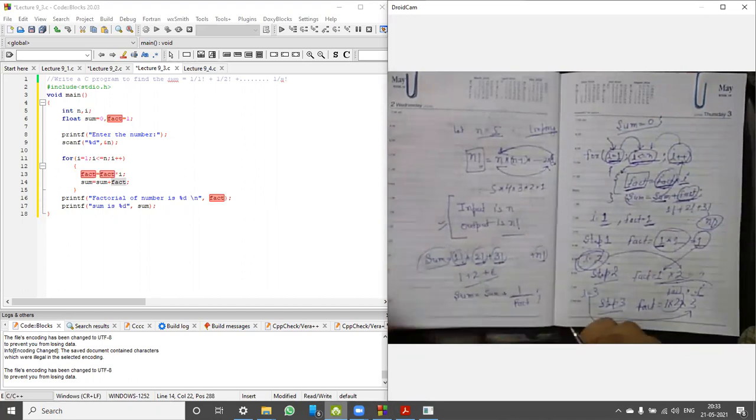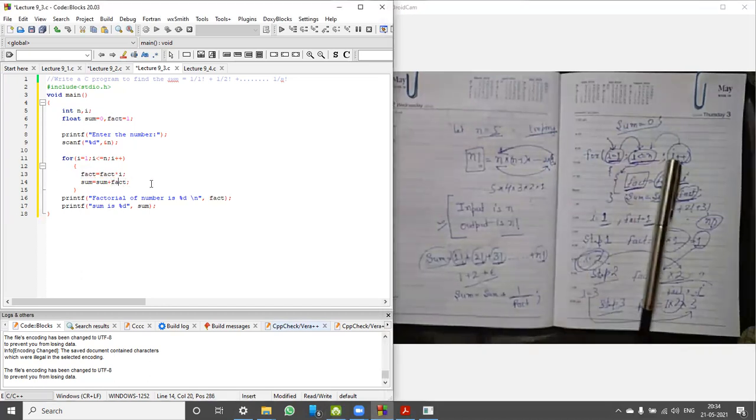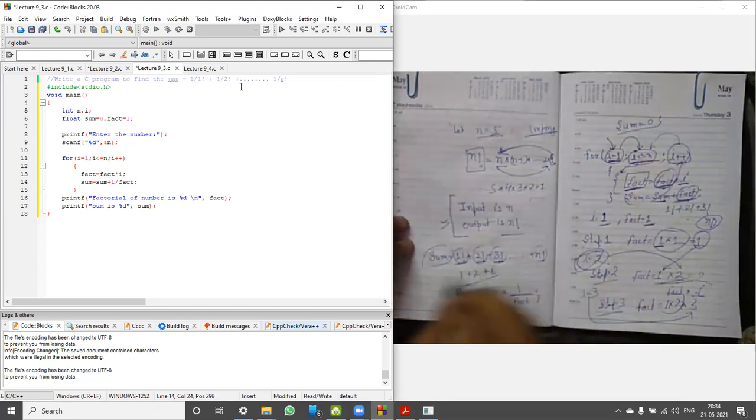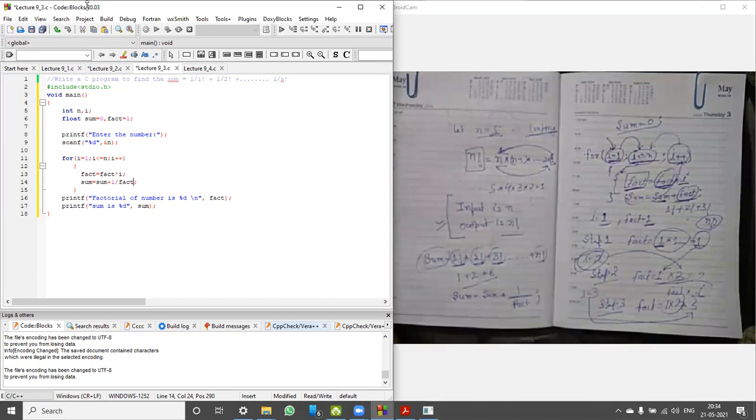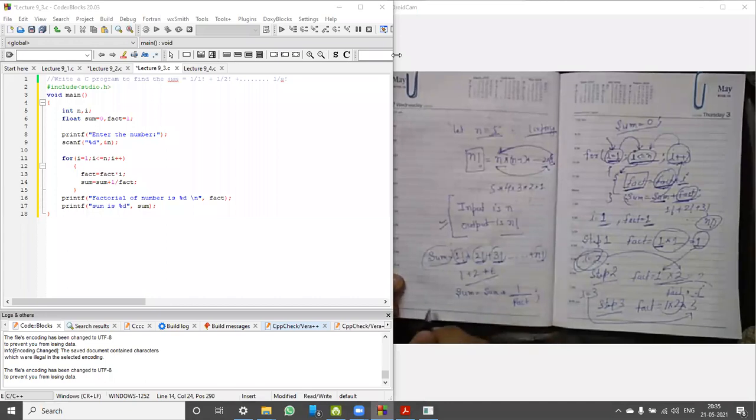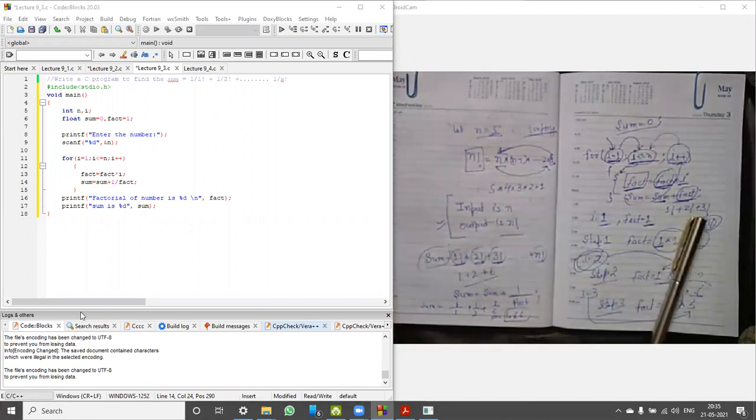This is our equation. So use 1 divided by factorial. Okay, simple. So for the simplicity, I can calculate any value. I'm just calculating the sum is equals to 1 over 1 plus 1 over 2 plus 1 over 6, is equals to 1.66 approximately. Okay, this is approximately 1.66.